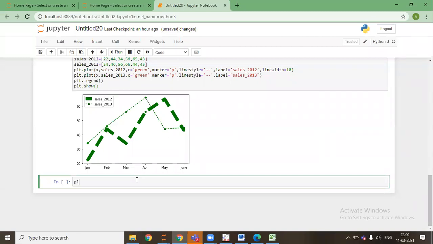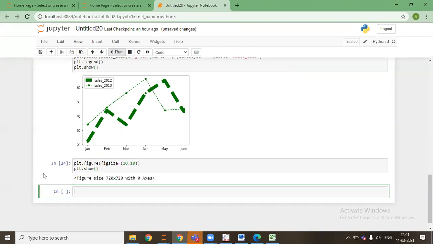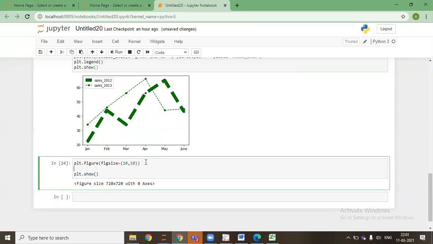So I'll say plt dot figure, figsize equal to 10,10. This will do nothing, but I'll say plt dot show. So this has allocated this area to the plot that we are making.